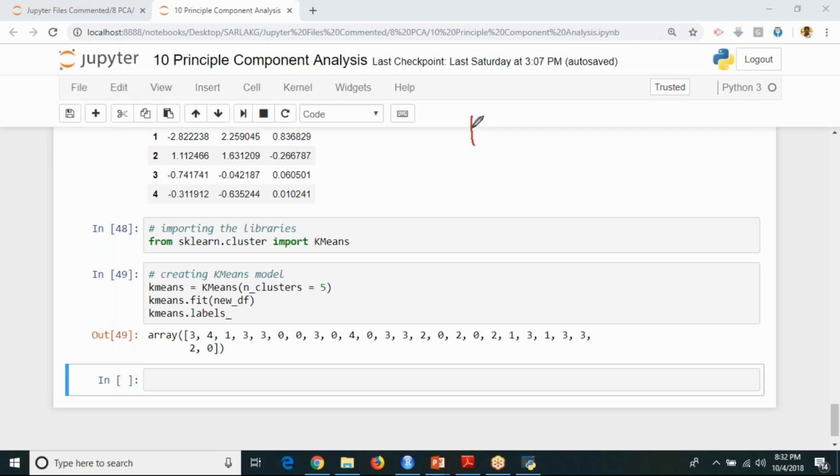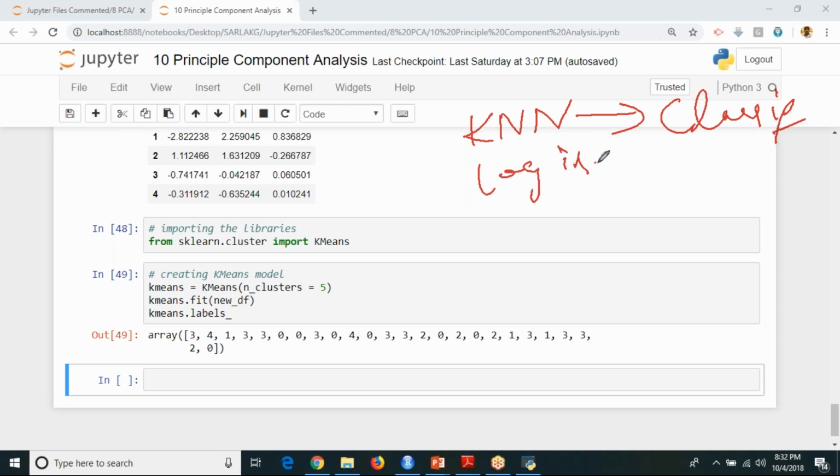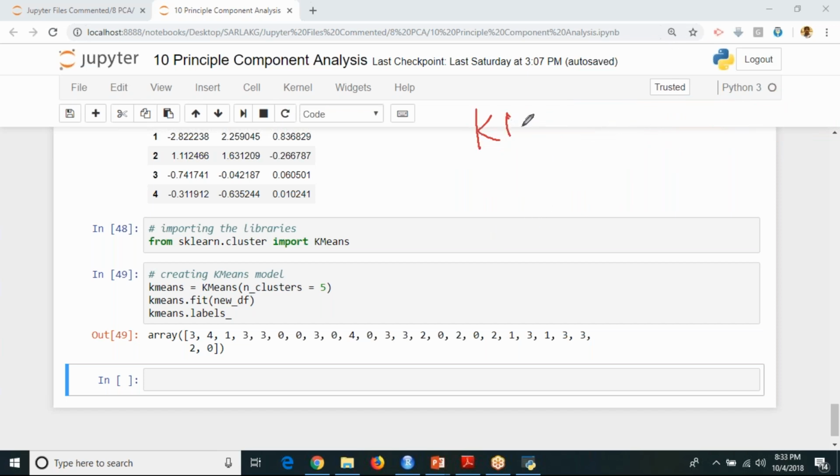Tomorrow's topic will be the K nearest neighbor classification algorithm. This is another classification algorithm, and logistic regression is also a classification algorithm. Tomorrow we are going to complete KNN classification using R or Python, with theory and implementation as well. On Monday, we'll complete the Python implementation. In 2 days, we'll complete KNN,